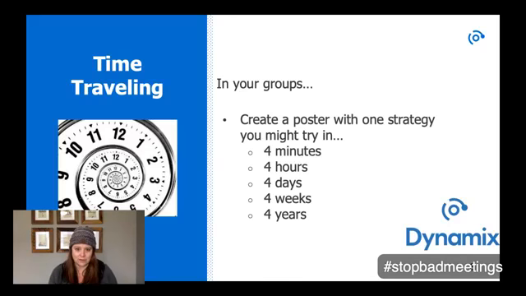So you can obviously change these time frames. It doesn't have to be 4, and you don't have to do years if you don't think that applies. But you have the group start breaking it down backwards, or winding the goal down to steps that they can actually implement, steps that are meaningful, steps that they know they can do today. And it helps them feel like you start building momentum, because there's something I can do right now, something I can do today. Implementing something like instructional rounds is a bigger topic, so it can be overwhelming. So this is a way for it not to be so overwhelming.